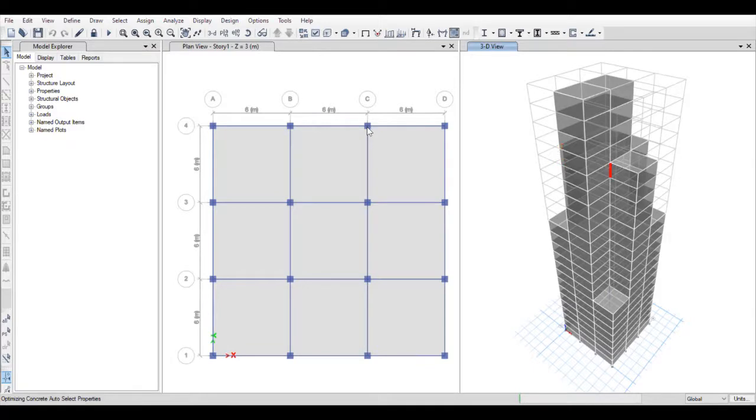Guys, remember we have chosen auto select. So in case some members fail, in auto select we have defined 3 different columns and 3 different beams. The software will reiterate its design by using the different types of members required at different locations.